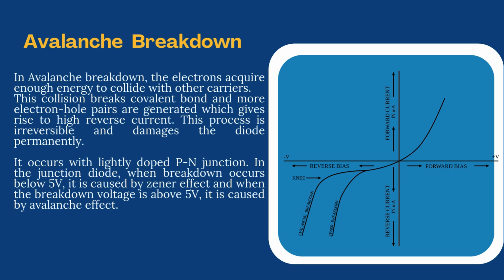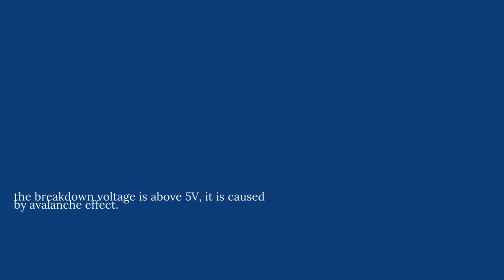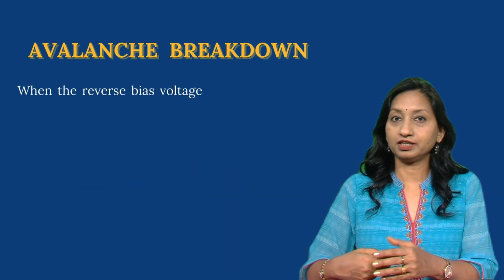In the junction diode, when breakdown occurs below 5 volts, it is caused by the Zener effect, and when the breakdown voltage is above 5 volts, it is caused by the avalanche effect breakdown. When the reverse bias voltage increases,